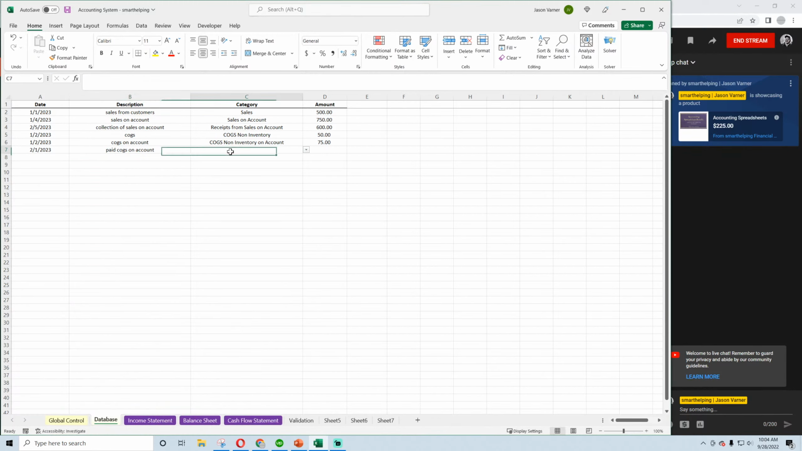Now let's say paid cost of goods sold. So we paid this 75 the next month. So then we go payment for cost of goods sold inventory on account. Let's say we did the whole amount. Then what else? Let's see on January. Let's say there was also cost of goods sold purchase or